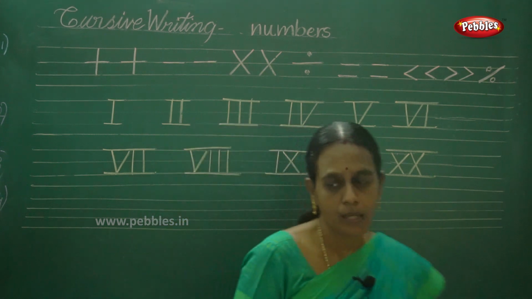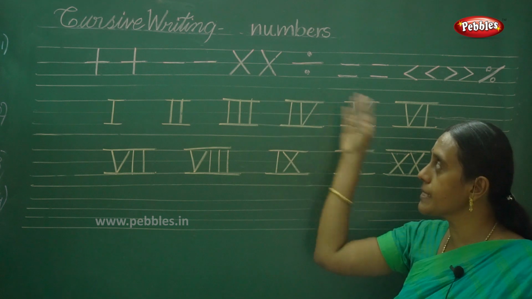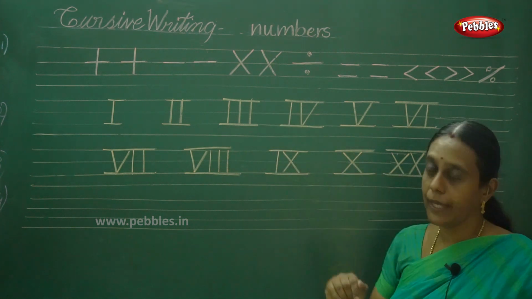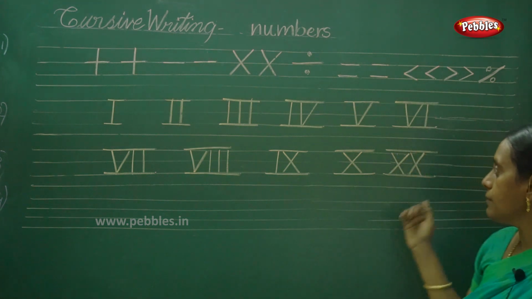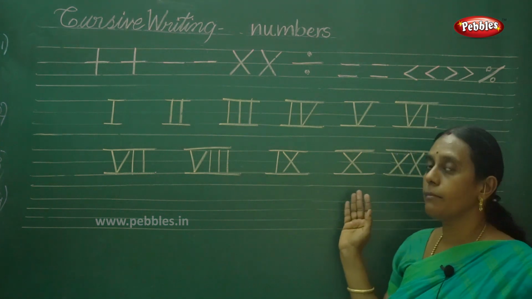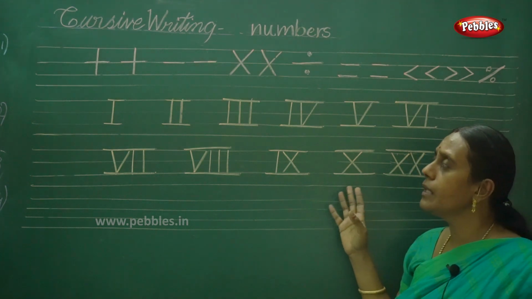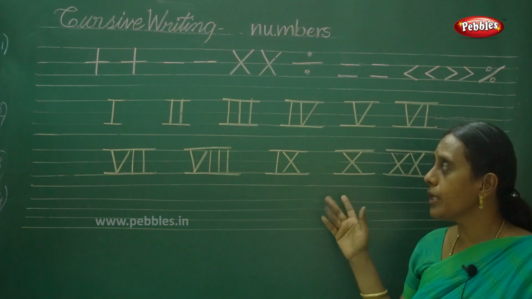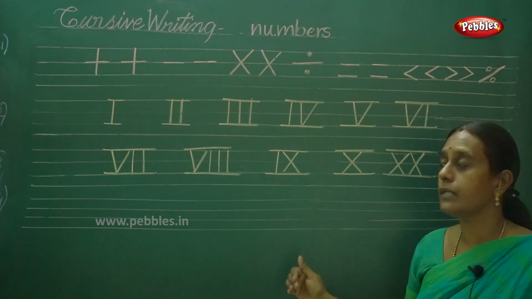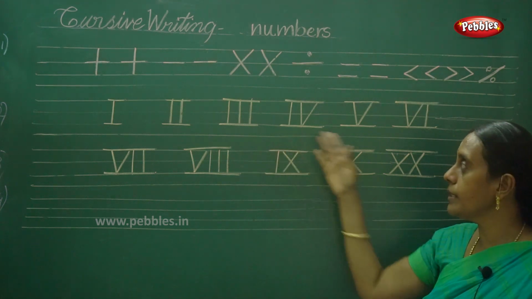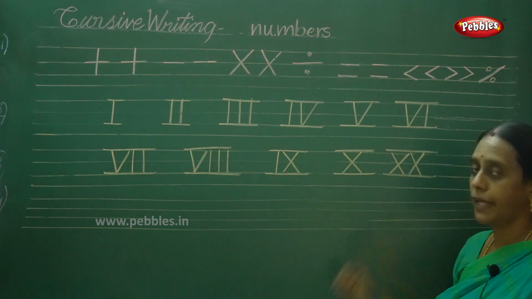So these are the basic rules of how to write our maths symbols in a legible way, and the way of writing Roman numerals. This is one chapter in your maths, as well as a written form of maths. This is very useful in your composition notebook or your examination paper. Your side headings are noted with these Roman numerals. So write in a proper legible way. Okay.